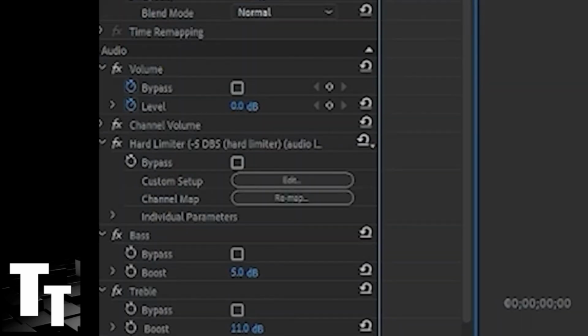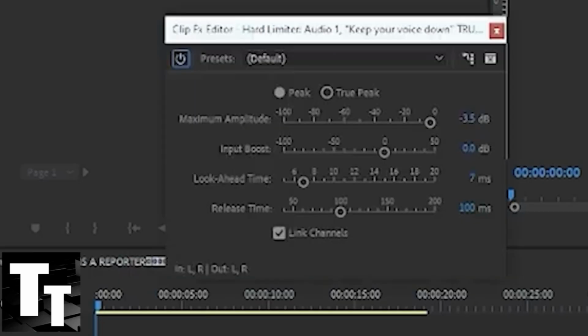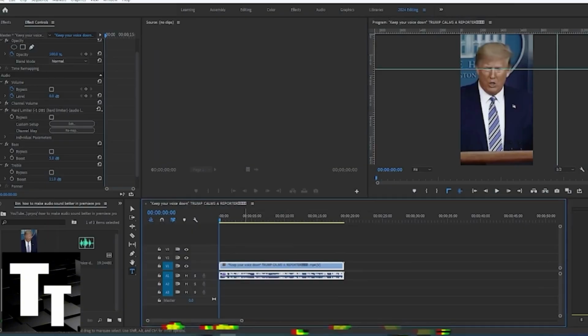And then now underneath the hard limiter, you want to click here, the edit button. Underneath the maximum amplitude, make this to -5 or drag it to the right, so when we increase the volume,